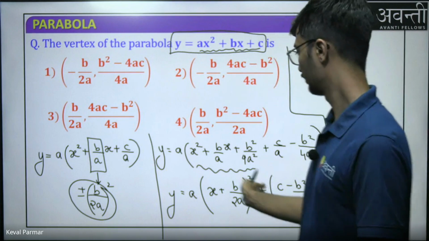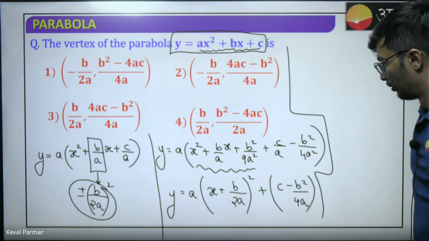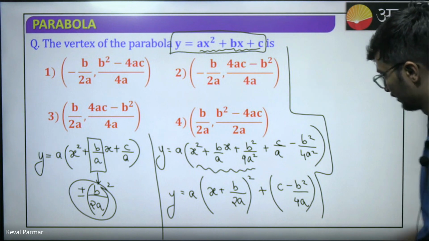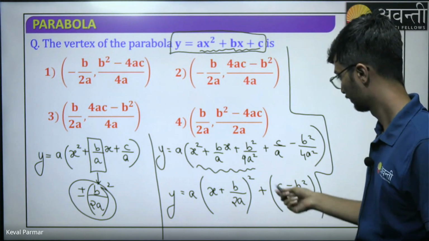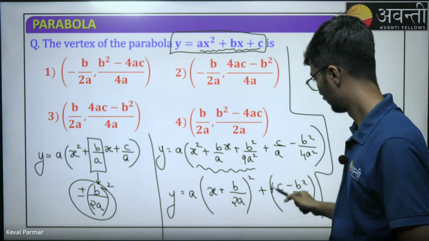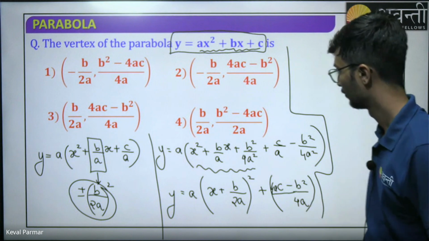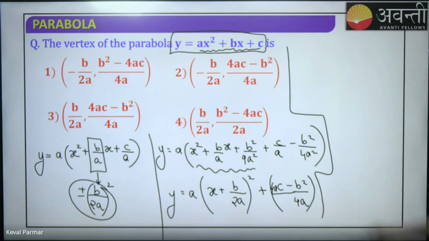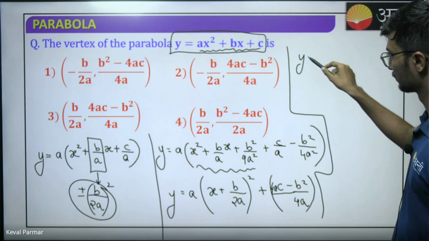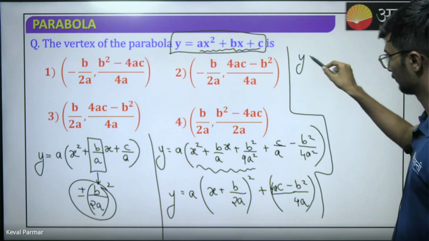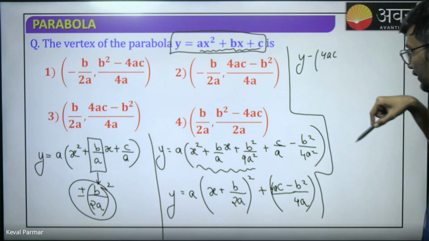We'll take everything on the left hand side except the x term. So let us take LCM here. What I'll get LCM here? 4ac upon 4a. So if I take on the left hand side, I'll get y minus 4ac